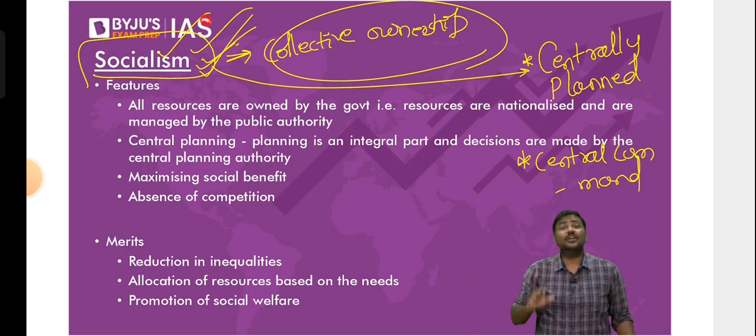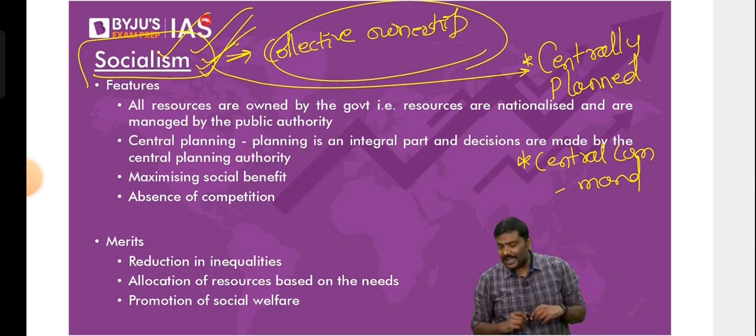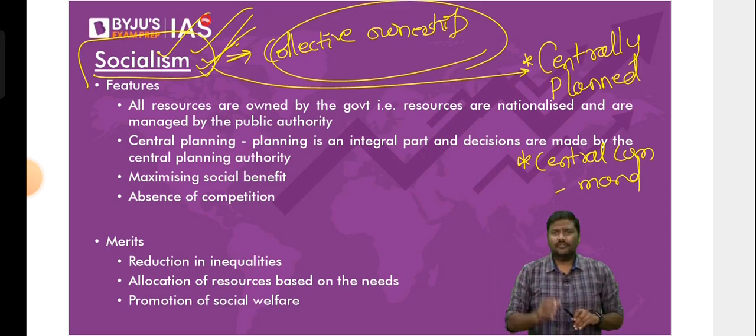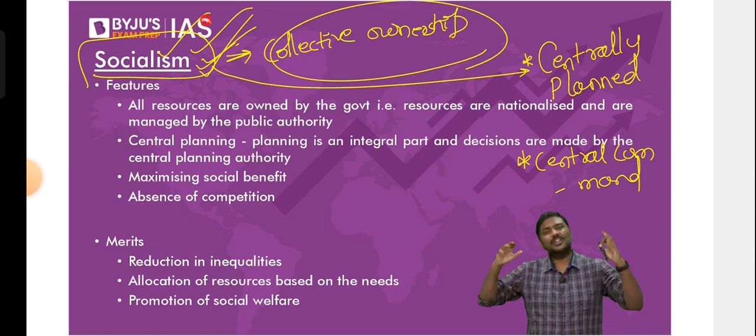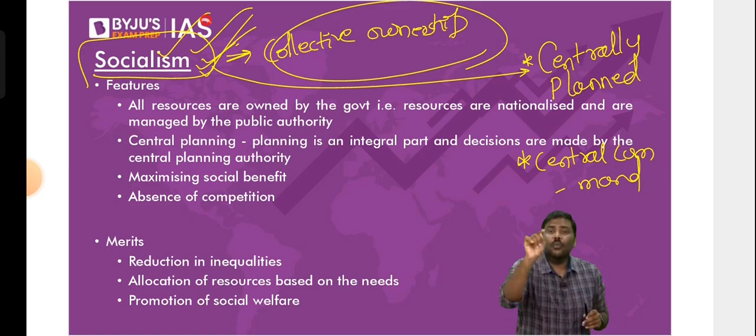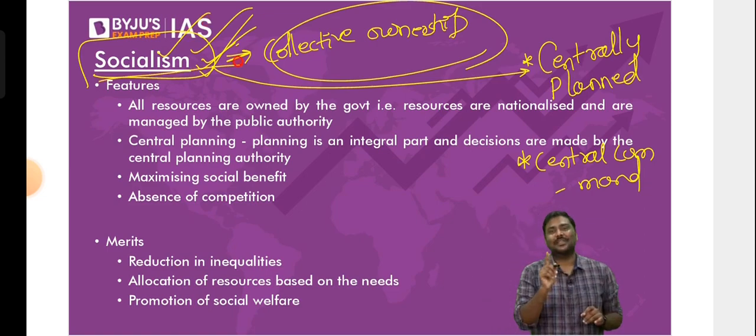For example, imagine today the government of India announces that liquor will be abolished. I'm not saying it has been done, just imagine. Liquor, I will not allow you to consume. Very harmful for you, so no liquor from today. Yes, the whole Indian economy will revolt against it. But anyway, the concept is that government is deciding what you're supposed to consume and what you're not supposed to consume. That is the feature of socialism.